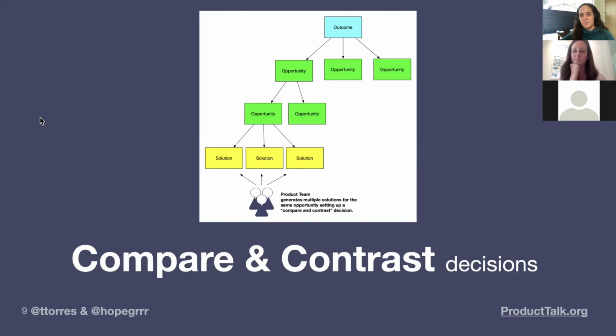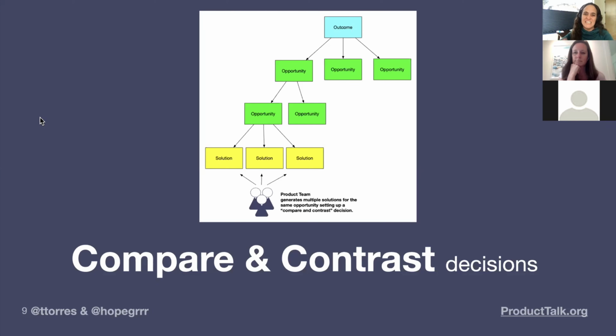We then encourage teams to map out the opportunity space. And when you're doing that, you're looking for patterns across your interviews. So you wouldn't include everything, you would look for the common traits. Now, Hope and I teach teams using interview snapshots, and we use the opportunity solution tree, but I really want to emphasize there's not one way to do this. If you don't use snapshots and you don't use the opportunity solution tree and you use something different, that's fine too. The key here is instantiating these principles.